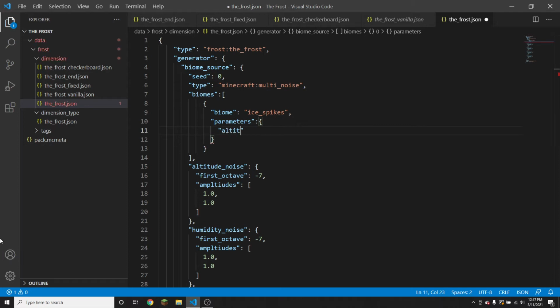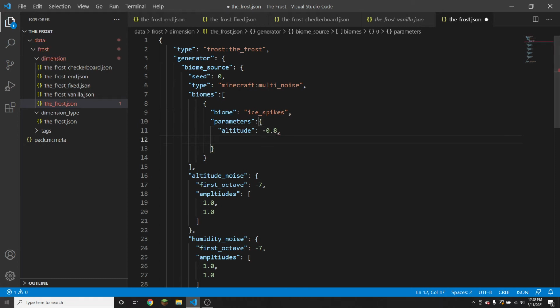So in quotation marks, altitude, and then a colon, and then a value between -1 and +1. And this will determine where it is placed on the altitude noise map. So since the ice spikes biome is relatively flat compared to mountains, but also a little taller and hillier than plains, I would put like plains and deserts as -1 on this scale, and +1 would be maybe like the shattered savanna, where it's the really, really tall mountains. So this would be maybe -0.8, and then you put a comma, drop down again,